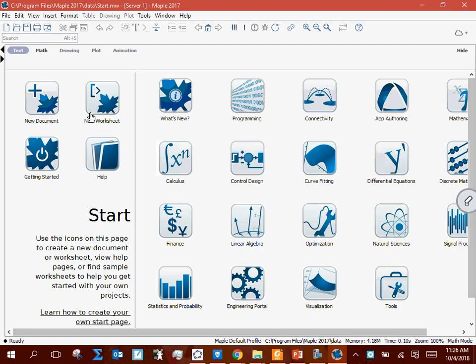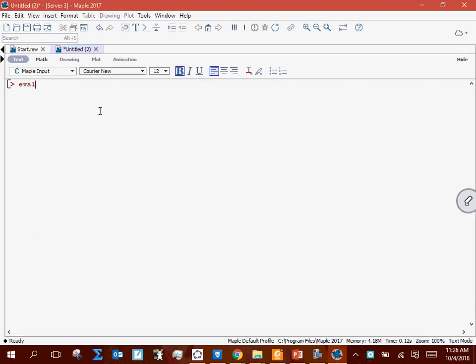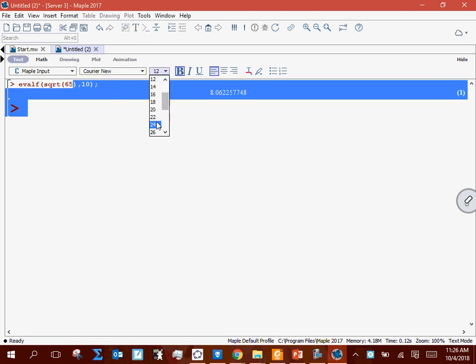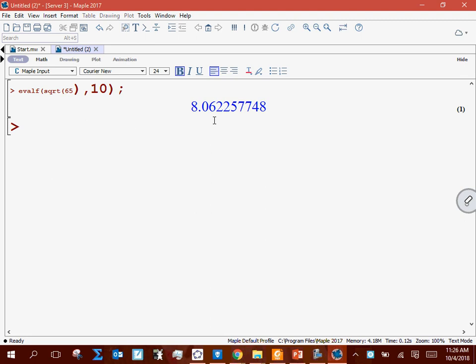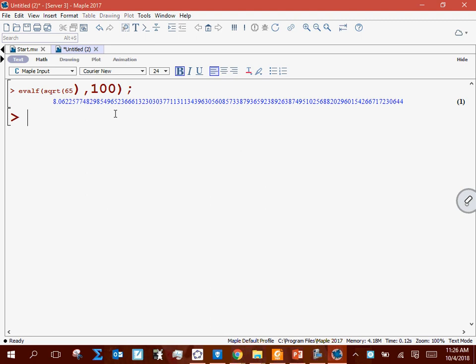So I want to show you what we've got here. If I go eval square root 65, and we'll just go 10 decimal places. Okay, so let me zoom in on this. All right, so you see that my square root of 65 would be that number right there, right? But that's still not the square root of 65, because the square root of 65, guys, has more decimal places. Okay, but if I go out to 100 decimal places,